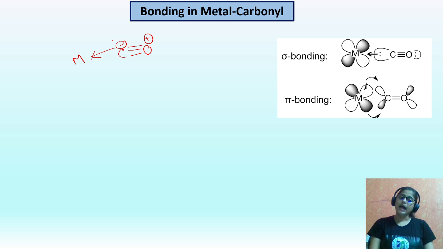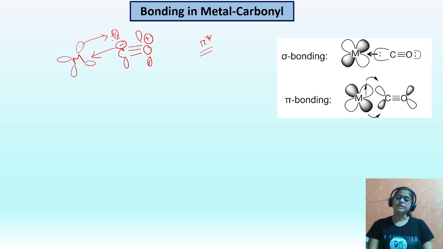Okay, and then the metal has its d electrons. And carbonyl has pi bonds, right? So it has a vacant pi star orbital. Okay. So now if the metal has a higher electron density in its d orbital, it can easily donate electrons to the pi star orbital. Pi star means we can write it this way. This will be positive, then this will be positive, like that. So it can donate to the pi star orbital. Okay, fine. So due to this donation,